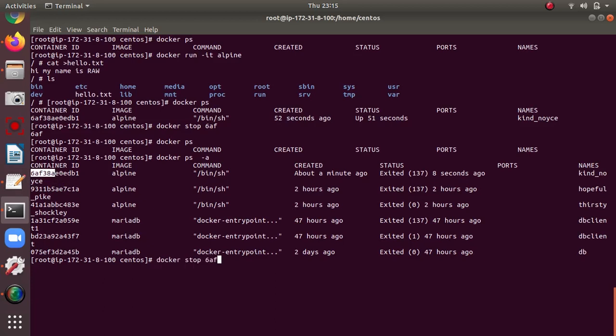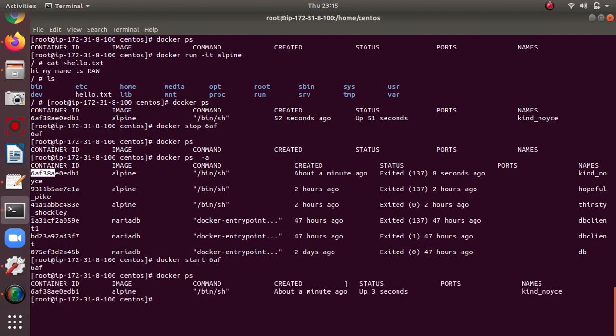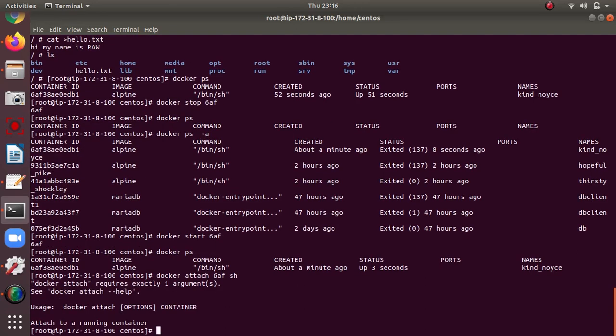Here I can start 6af. Now it will start the container. Now I am doing docker attach, or we can give 6af sh. I think the command is docker container attach.